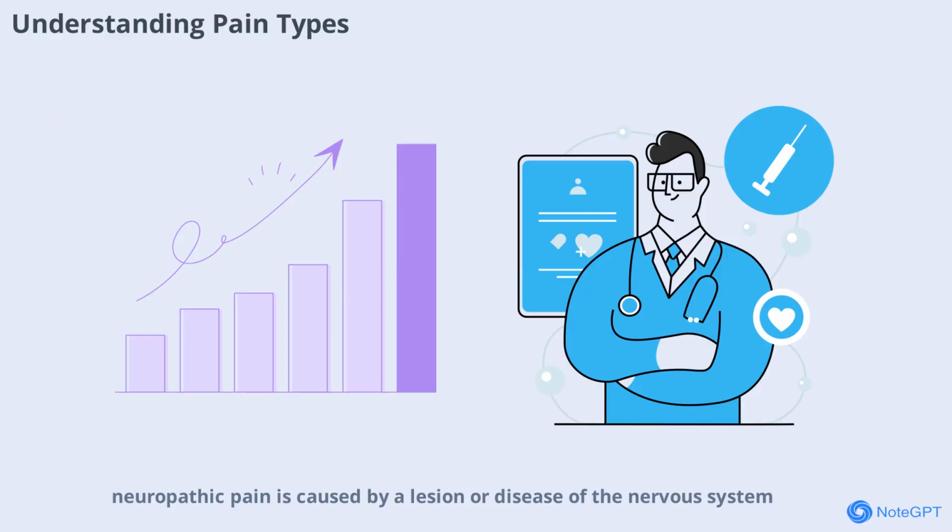Nociceptive pain arises from actual or threatened damage to non-neural tissue. Neuropathic pain is caused by a lesion or disease of the nervous system, and nociplastic pain is due to altered nociception without clear evidence of tissue damage or nerve disease. This classification aims to help clinicians better understand and treat pain, but as we'll see, it also introduces new complexities